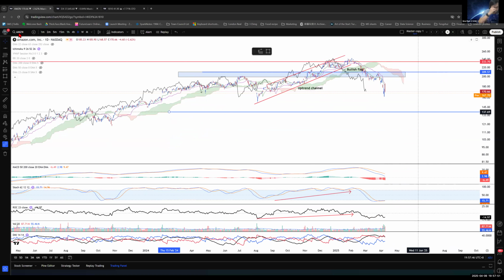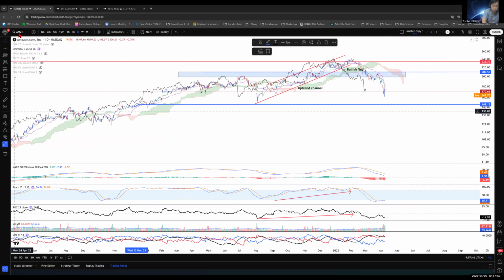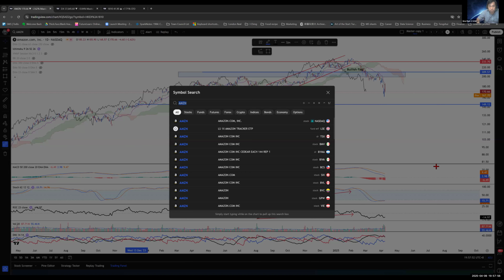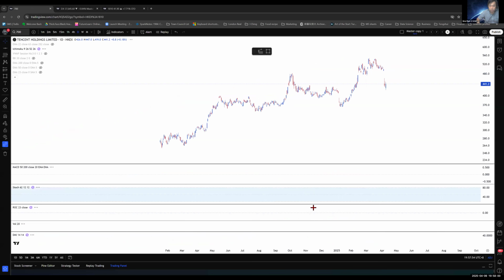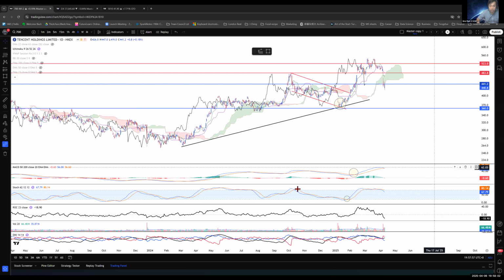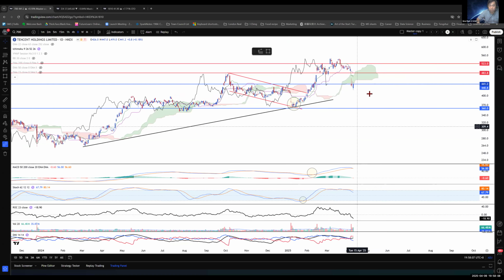All right, so let's go on to some of the Hong Kong stocks that I think have potential. Tencent. All right, initially no bearish divergence on any part. I think there's just a gap down, but like the Hang Seng Index is closing above the 419 level, and then going to the upside again.